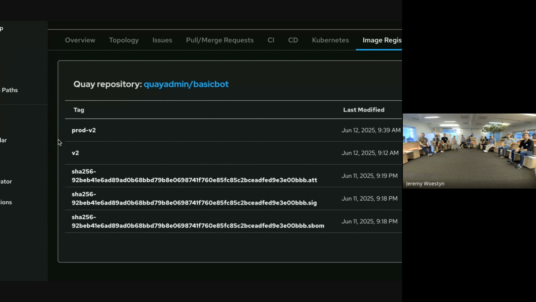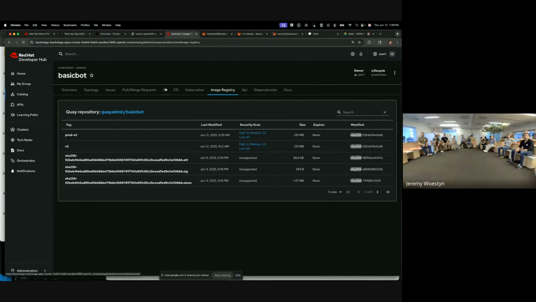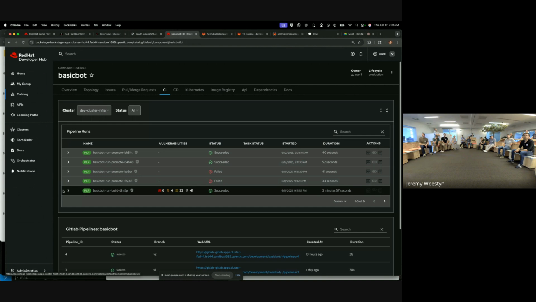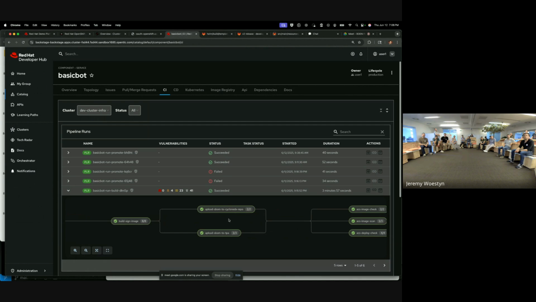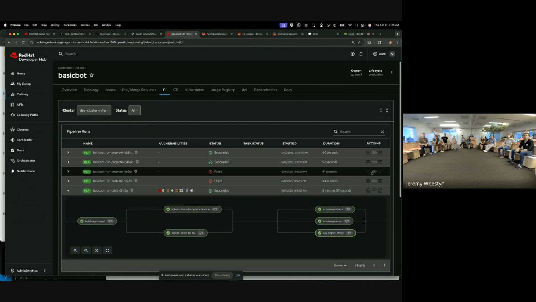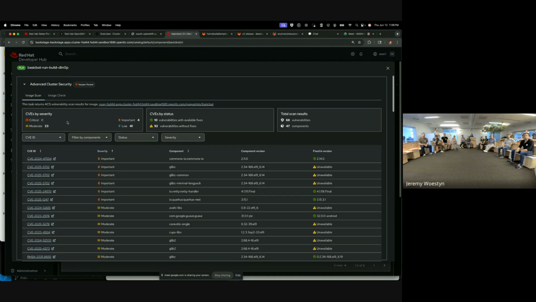So that's already part of knowing that this came from a location it should have. And what else do we have here? Let's go here. We will build and sign, we upload the SBOM to the appropriate repository, and we run a bunch of checks. And so we have a bunch of scans here that do things like check me for vulnerabilities,